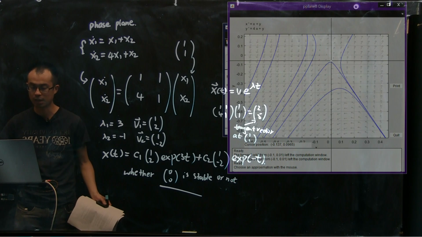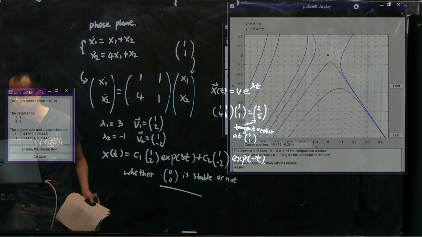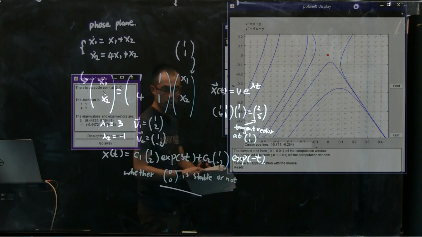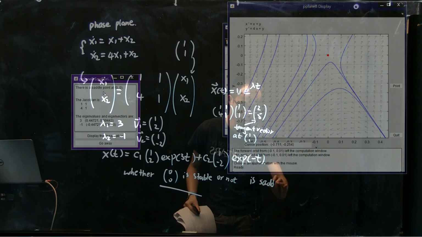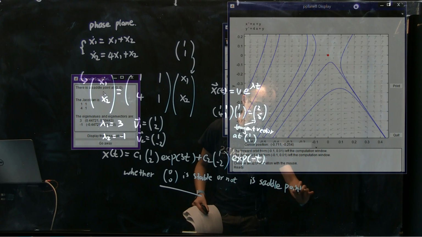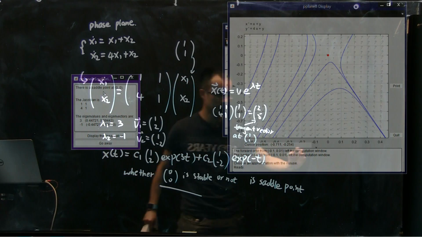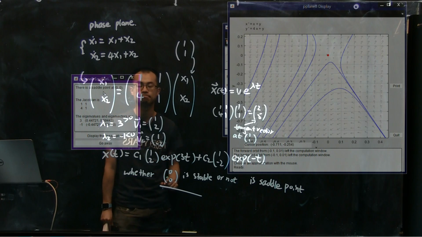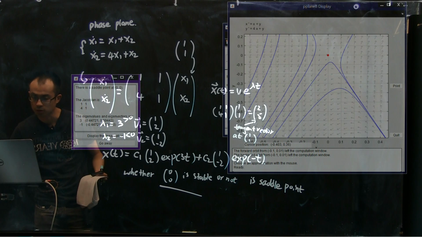What we can do is find out the equilibrium point, and it tells me there's a saddle point at 0, 0. So it tells me this 0, 0 is a saddle point. The reason it is a saddle point is that lambda 1 is larger than 0, and lambda 2 is less than 0. And if we plot that out just one more time,